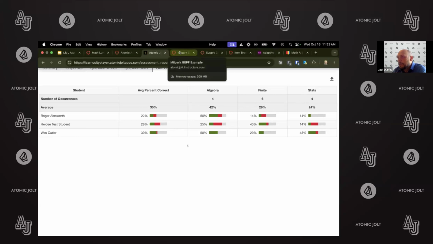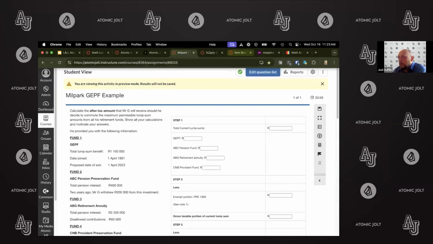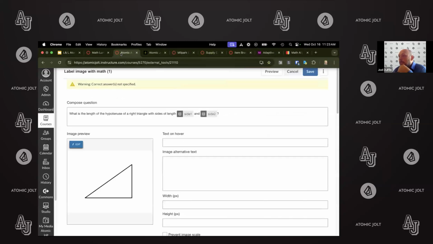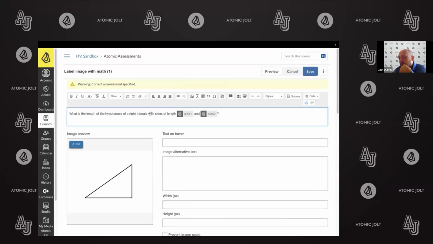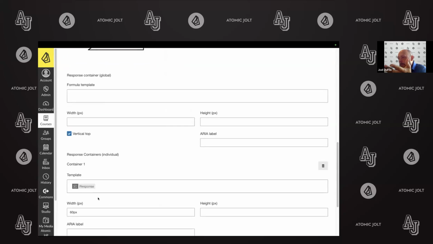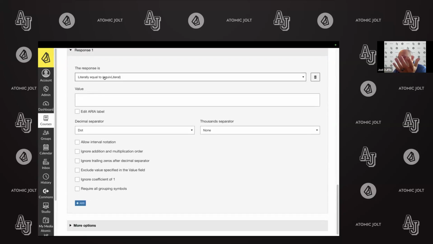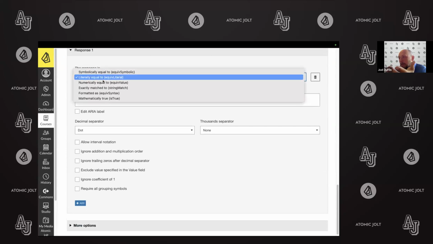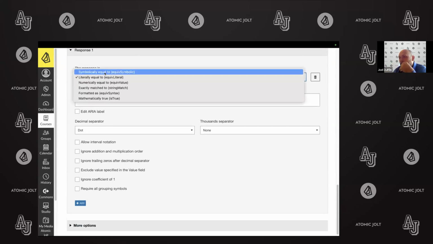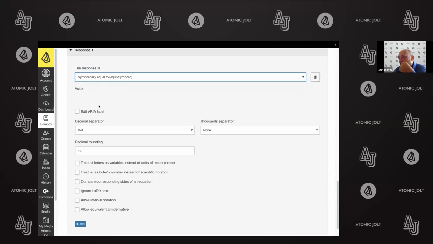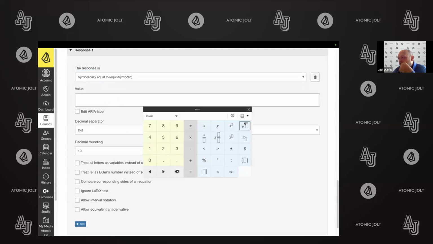She showed briefly something we call dynamic questions, which are those questions that you can generate with parameters. If you're authoring those, it looks like this. You can put those parameters in the question and then also in the answer. When you're writing how to evaluate, this is where you would choose that method: symbolic, literal, or numerical equality. And then you can use those parameters in the